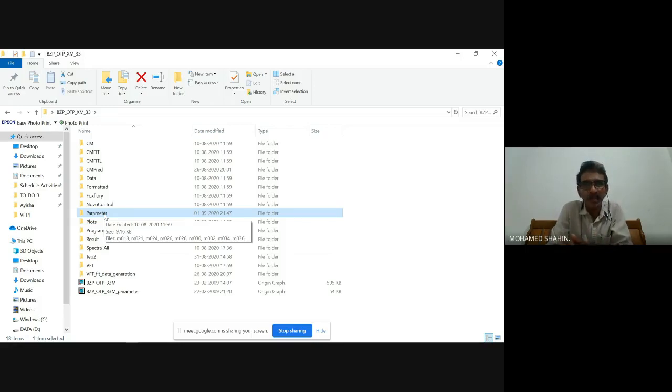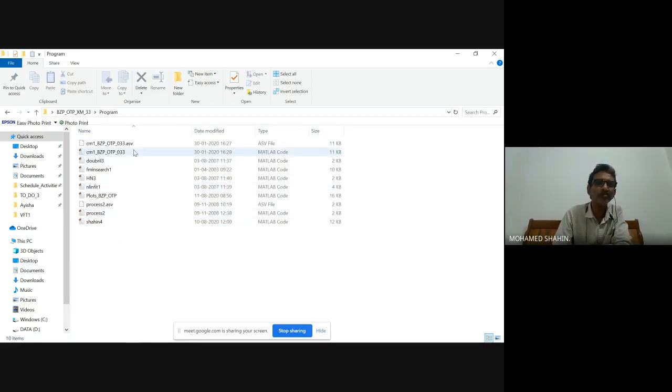For example, alpha is defined between 0 and less than 1. So if it is going more than 1, that means it is not acceptable for us to present. So in that case, after doing all this exercise, you go to this program, plots. So I am going to this plots.